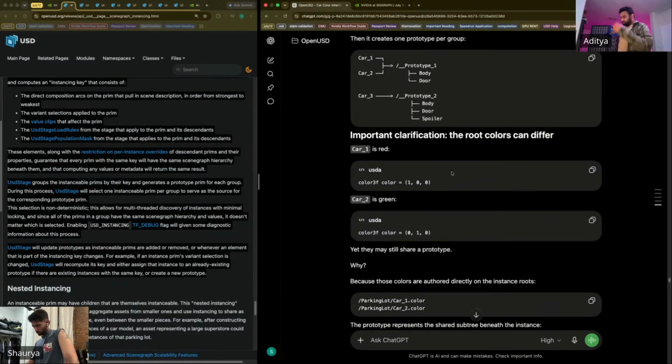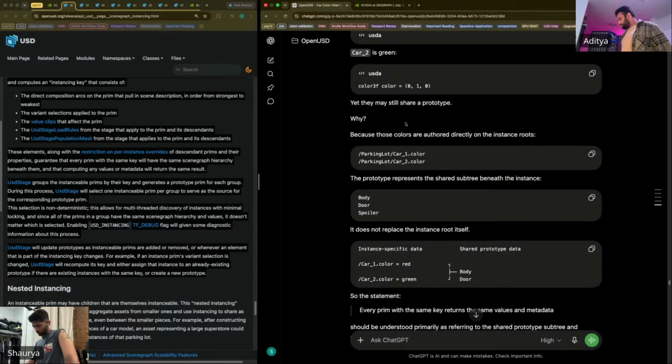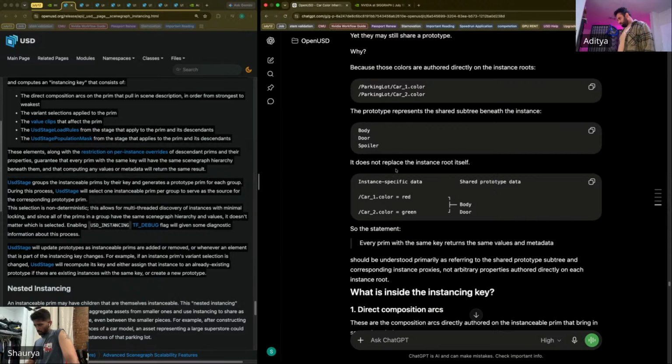Important clarification: the root color can differ. Yes, because these colors are authored directly on the instance roots. The prototype represents the shared subtree beneath the instance: body, door, spoiler. It does not replace the instance root itself. Instance specific data: car1.color red, car2.color green. Shared prototype data: body and door. So the statement, every prim with the same key returns the same value and metadata,